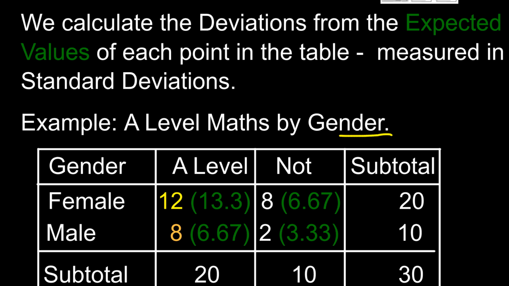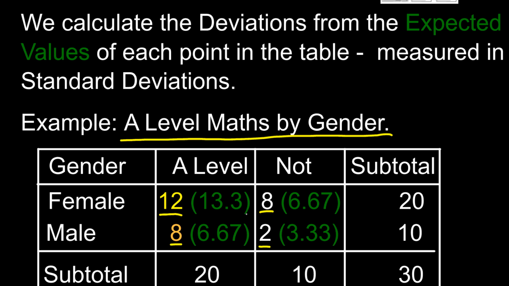on A-level maths. This is my class of 30 students at year 10, and of the 30 students, 20 of them are going to do, say, A-level maths, of which 12 are female and 8 are male. And then we're going to have 10 who are saying they're not going to do A-level maths, 8 and 2. Okay, if this was entirely independent, we could work out our expected value of the number of females who